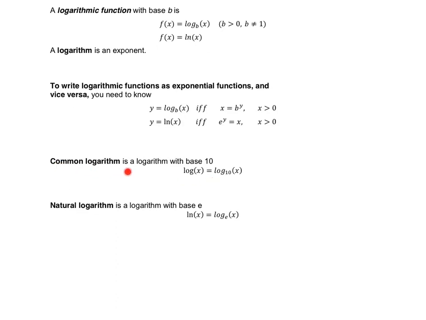Now notice we have the common logarithm, which is a logarithm with a base of 10. They're not always going to write that base of 10, so if you see log of x, just know it's assumed to be a base of 10. Same thing with a natural log. A natural log's base is e. And so we can say log base e, but that's the same thing as saying the natural log, or ln